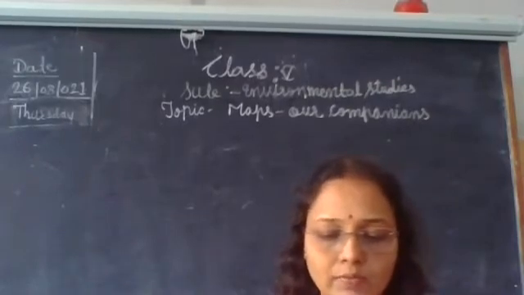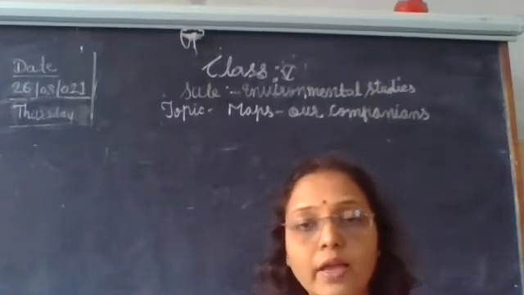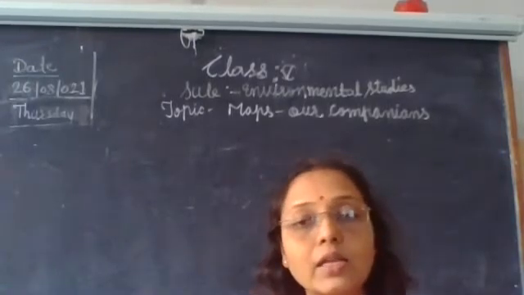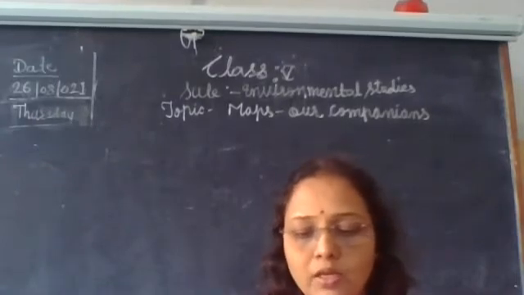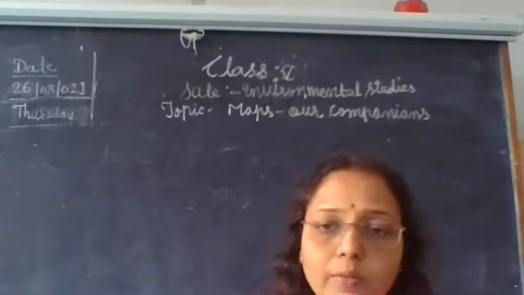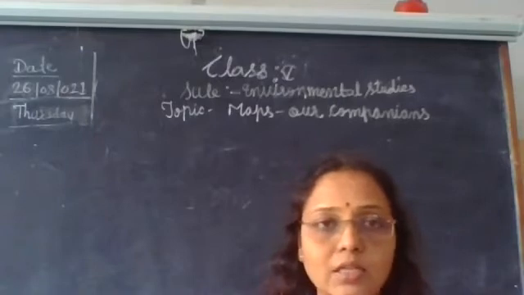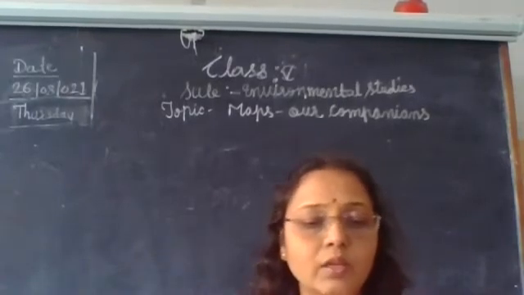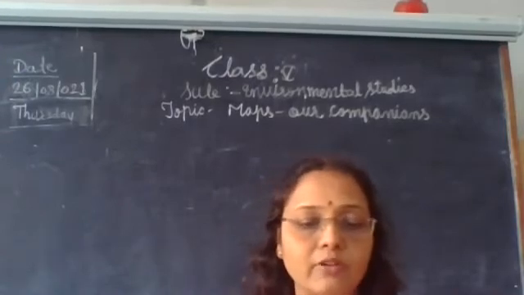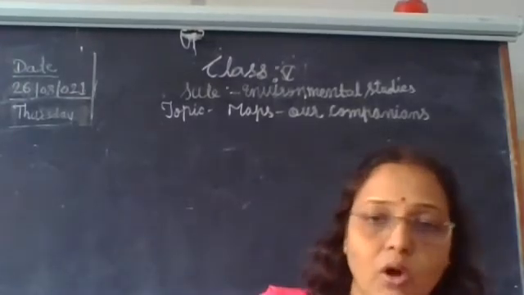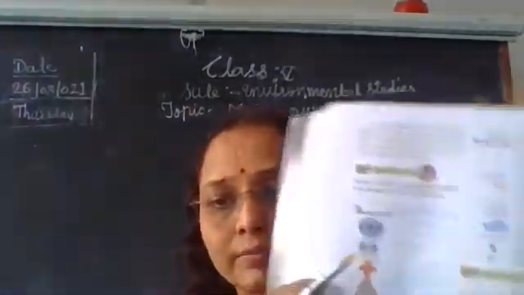So the conventional signs and conventional symbols help the reader to get exact information about a particular place shown on the map. See, the use of signs and symbols in a map helps the reader get exact information. Some symbols are given in your textbook. So let's see this.